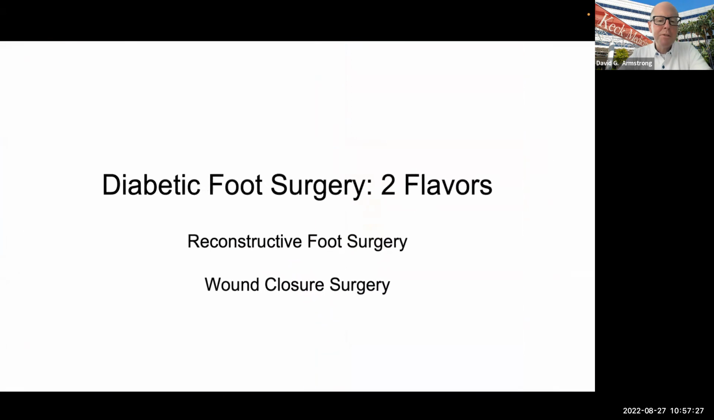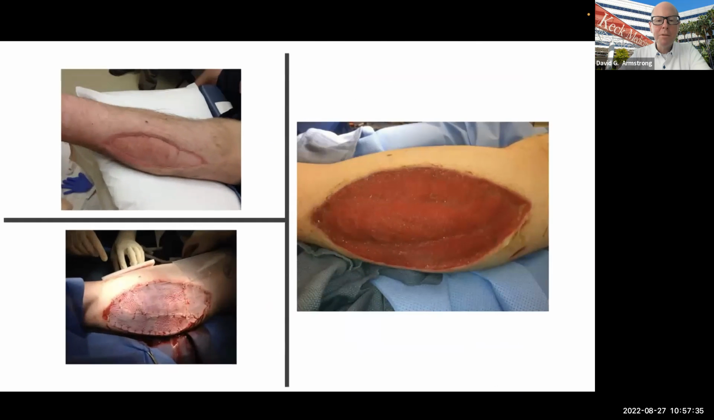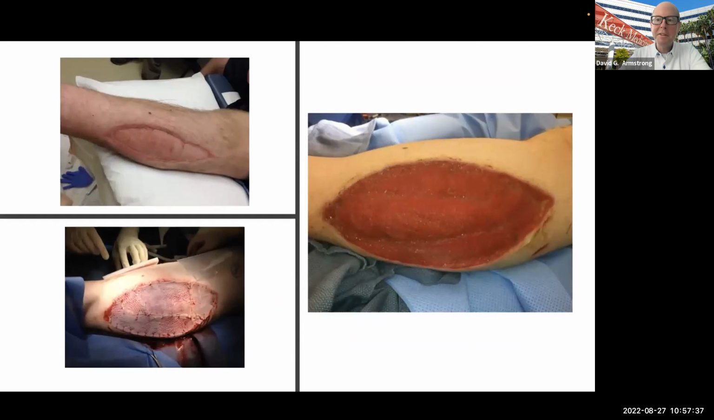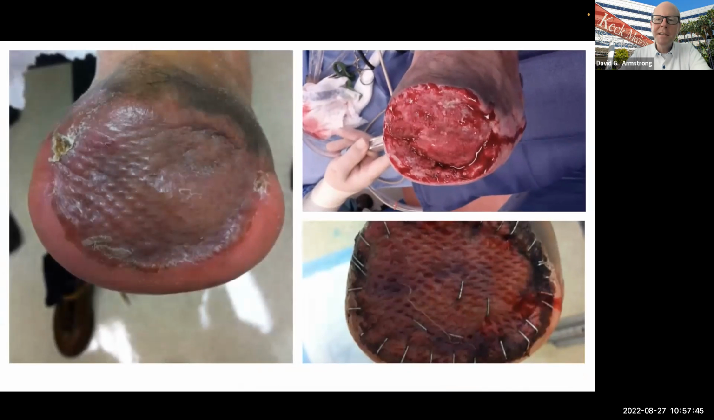But another type of surgery that one can do in terms of tissue losses is wound closure surgery. And here we really have a couple of varieties. You have split thickness skin grafting. You see this done for a fasciotomy, but theoretically it shouldn't be much different than this done for a guillotine